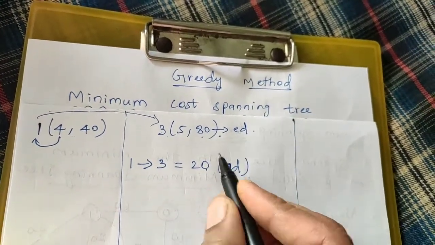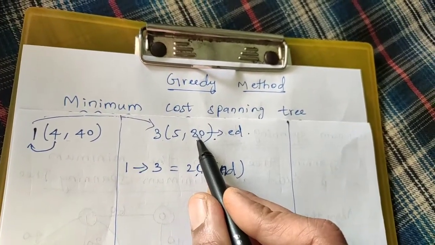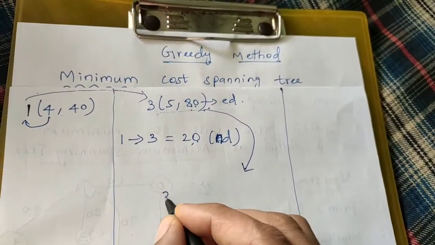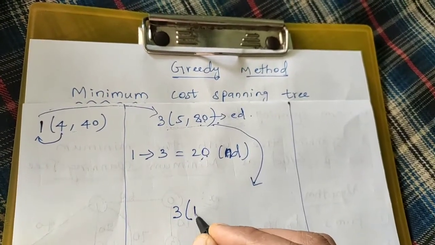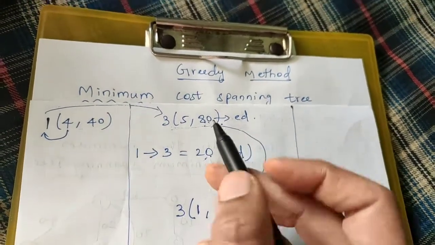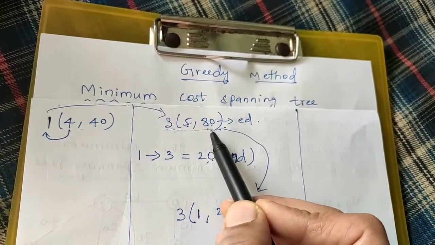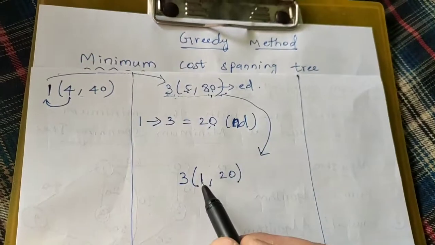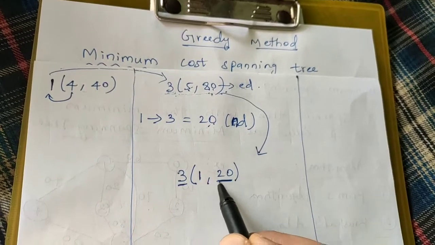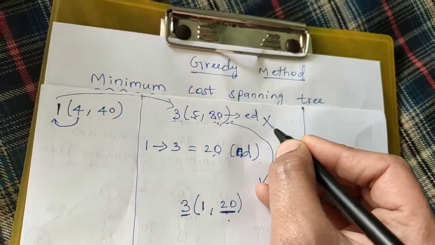Now compare the new distance with the existing distance. New distance is less than the existing distance, which means you need to replace this. So I'm just going to replace this as 3 that can be visited from 1, so that I will get the lesser distance, that is 20. That means if you visit the vertex 3 from 5, you will have the distance as 80. It's better if you visit the third vertex from the first vertex, you will get the minimum distance. So this has been replaced with this now. This is no more existing.